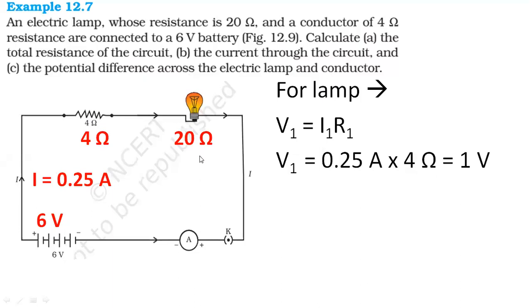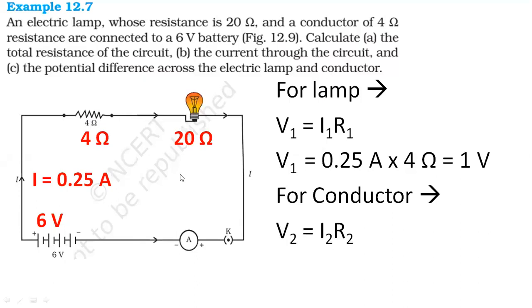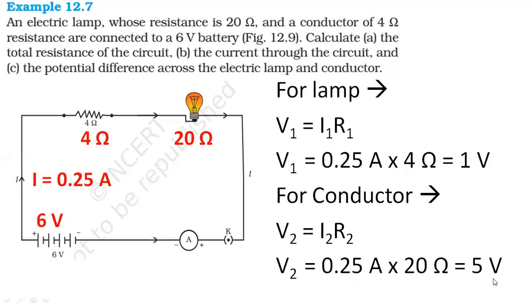What about the lamp? The lamp value we can also calculate. How do we find it? 20 ohm into 0.25. That is V2 is equal to I2 R2. All you need to do is multiply 20 with 0.25. So 0.25 into 20, how much would that be? 5 volt. 25 zeros are 0, 25 twos are 50, and 2 decimal places. So 500 with 2 decimal places means it is just 5 volt. So that would be 5 volt. Okay? So only the names are interchanged. So you can understand that.